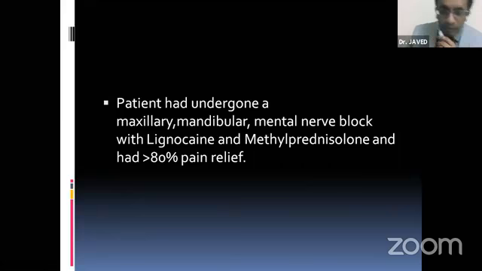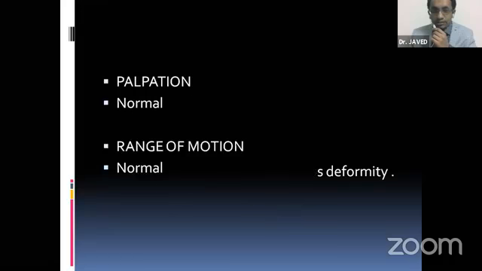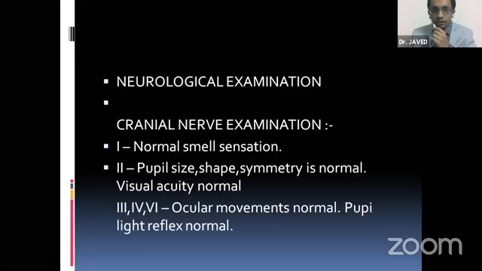Now, coming to the examination proper, on inspection, the skin was normal. There was no wasting of muscles or any obvious deformity, no swelling, scars, or ulcers. Palpation was normal, range of motion was normal. Coming to neurological examination, cranial nerve examination,